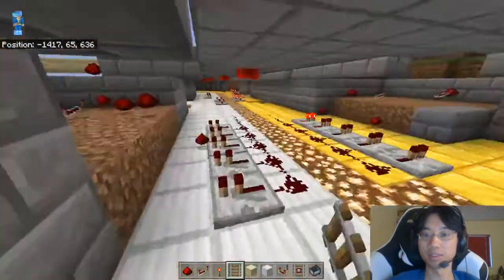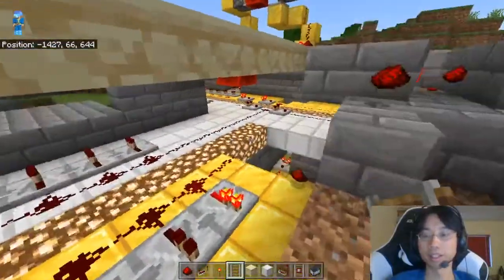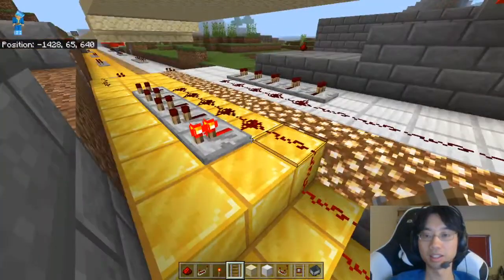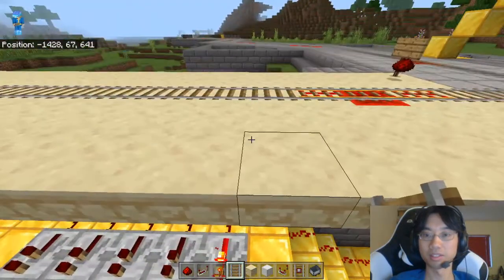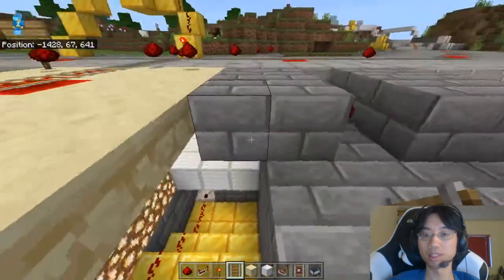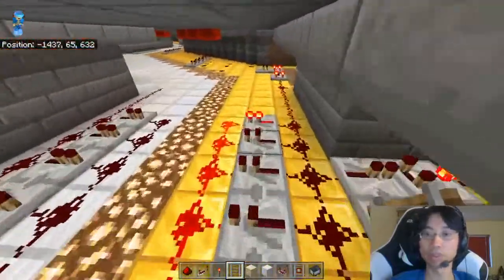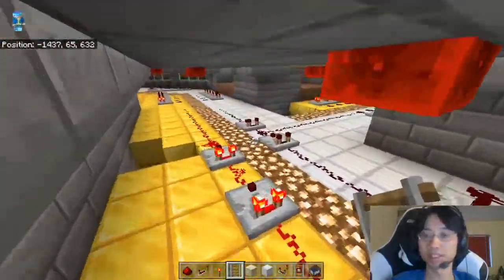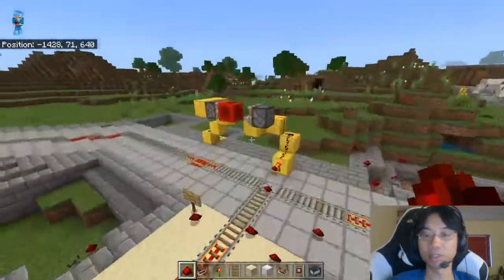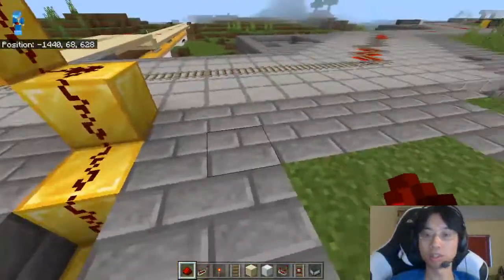What is this? Alright, remove that. All I need is to extend this a little bit. Time's pretty much up for the stream, but let me just... I'm gonna do this first, because this is the weird bit. This has to be a different sort of circuit. So when it's on...